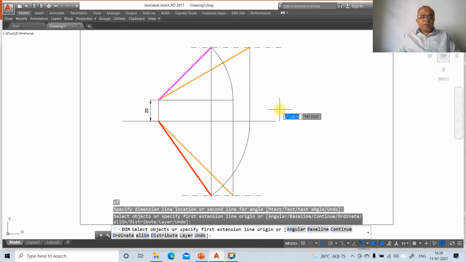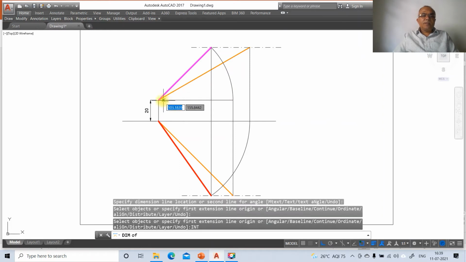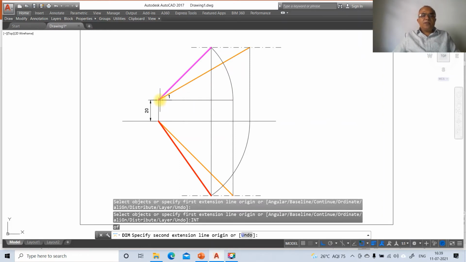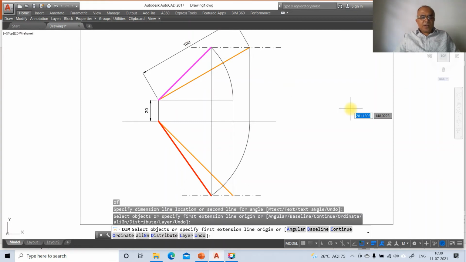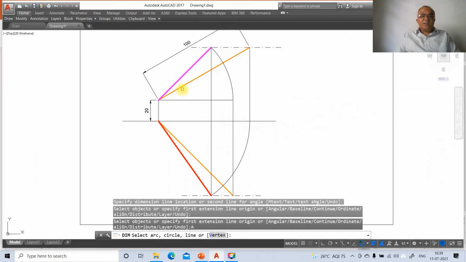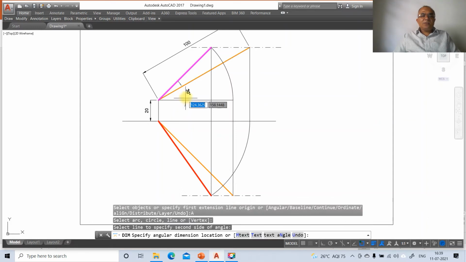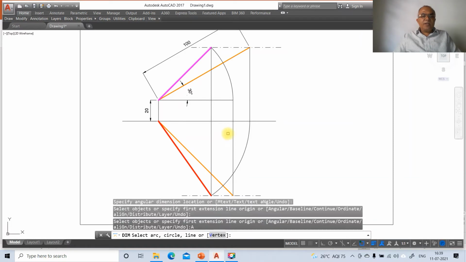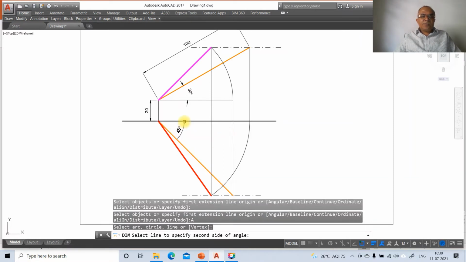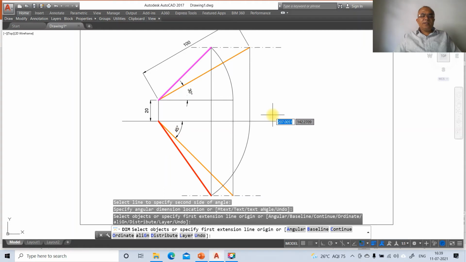Now we need to give the one dimension on the intersection point of this, and I want to get the true length. You just take it out. So here you switch off this, so you're going to get this as 100 mm. Then go to angular dimension, select between this line and this line, so you're going to get it as 30. Then angular dimension again, select between these two, so you're going to get it as 45 degrees.